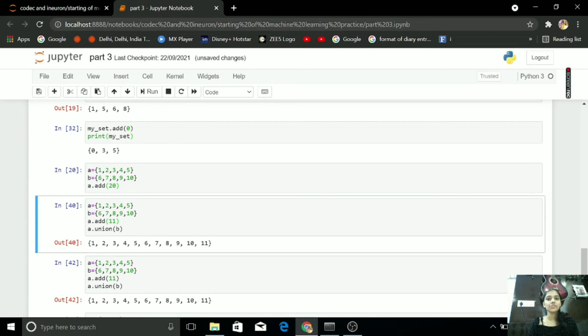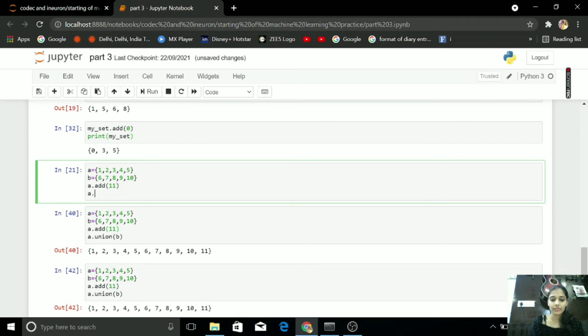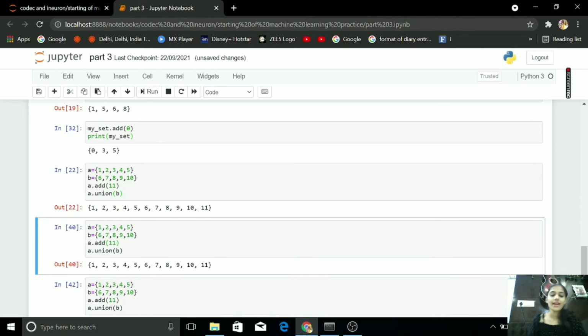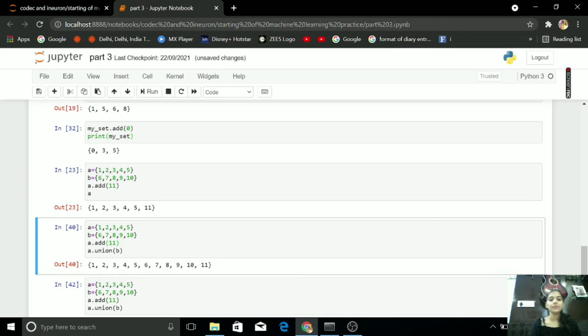My output is not coming. Why? Because if I want to add 11, I am not getting my output. If I am adding union in this, I am getting my output. If I want to add 11 in this, then 1, 2, 3, 4, 5, 11.